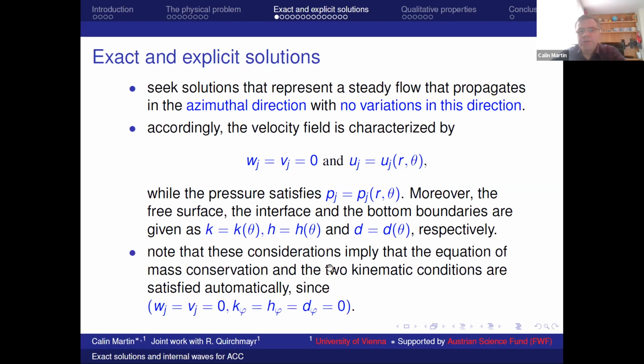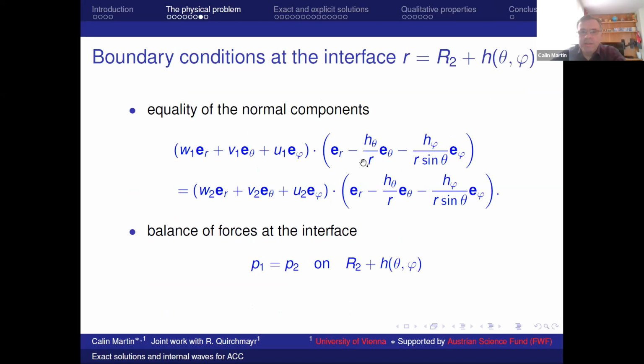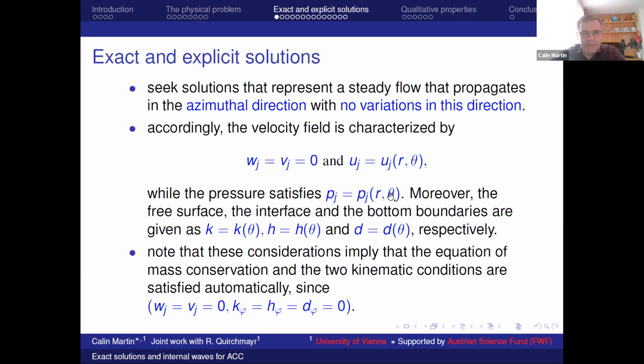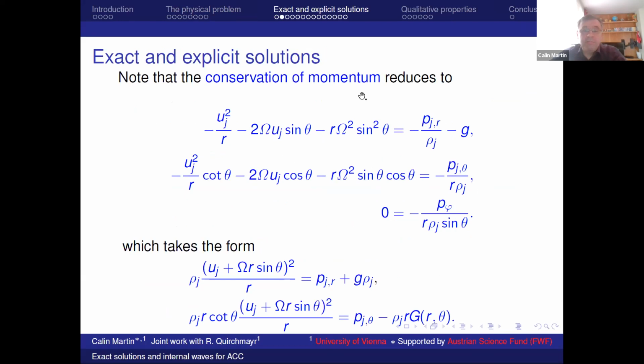Well, this consideration implied that the equation of mass conservation and the two kinematic conditions are satisfied automatically because the quantities involved there are zero. So let us see here. This is zero, and then the V's are zero, and the W's are zero. So then everything is satisfied identically. So now let's proceed. Looking for this type of solutions, with no variation in the azimuthal direction,